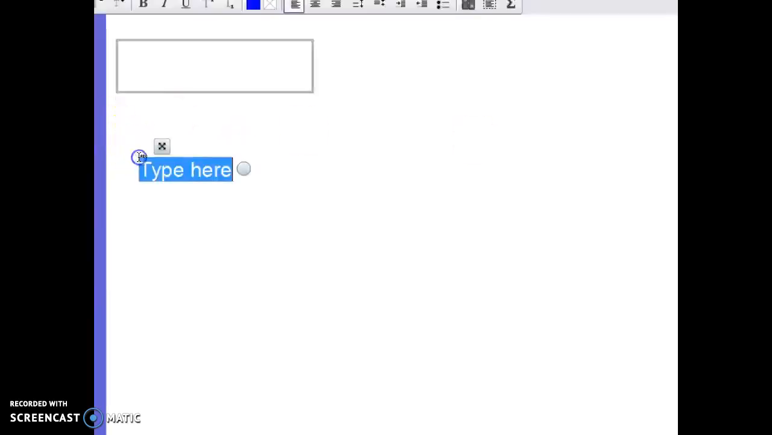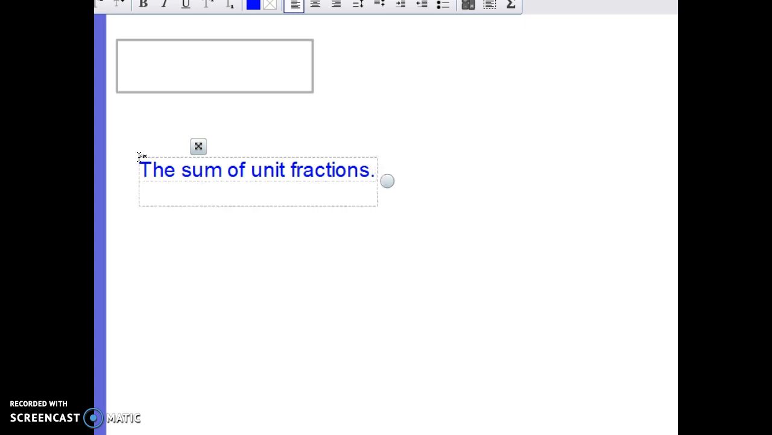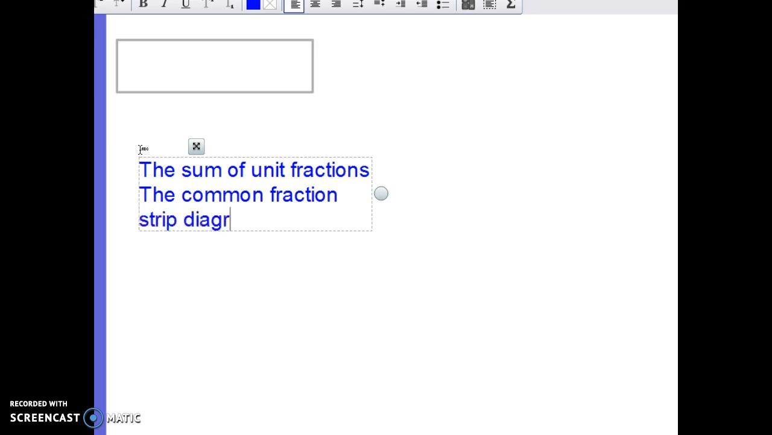Alright, we are talking today about the sum of unit fractions. We're talking about the common fraction, and we'll also be using a strip diagram